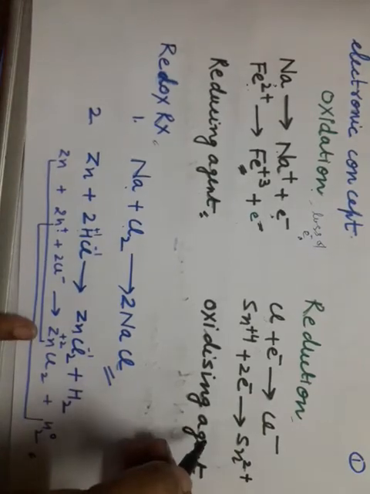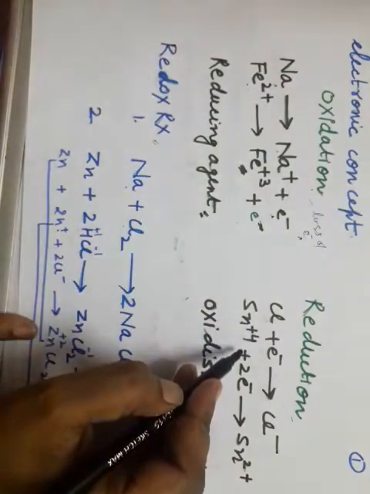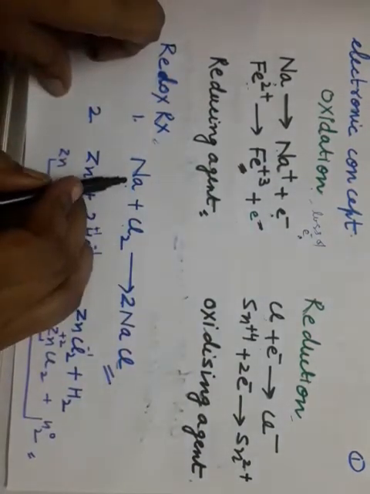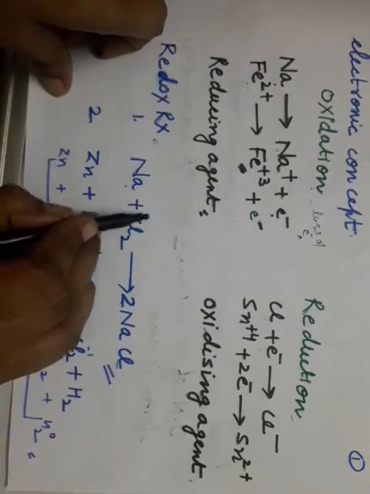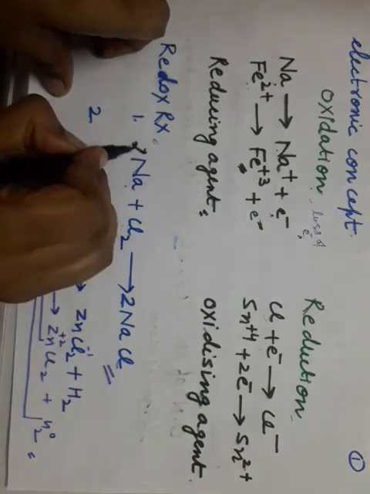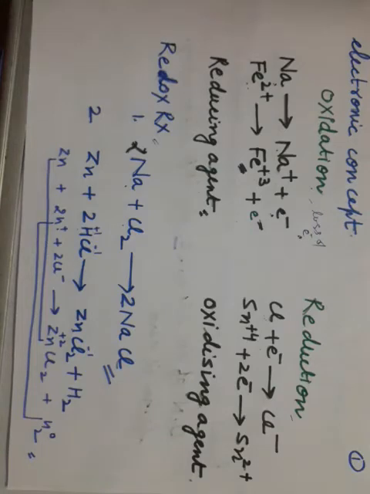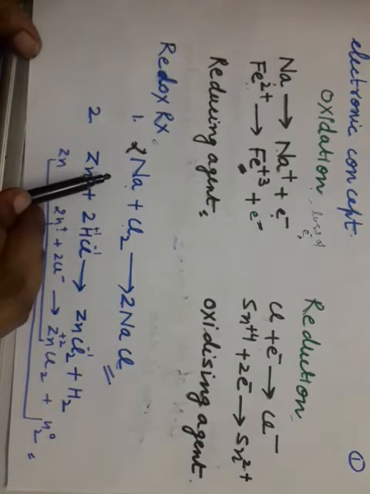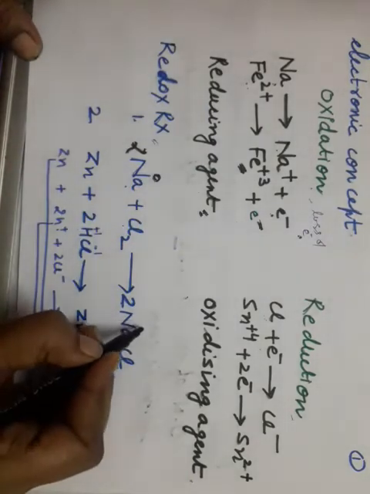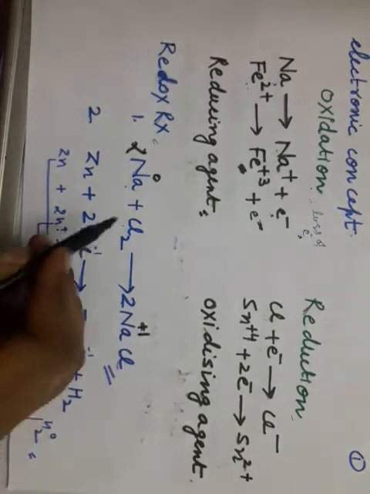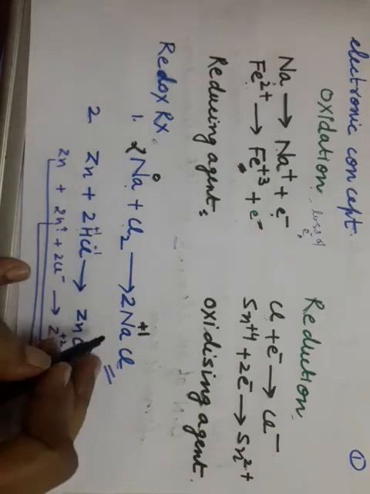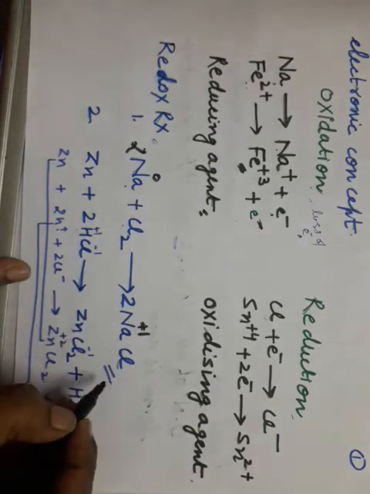See, if in any reaction oxidation and reduction both take place, they are placed in the category of redox reaction. Let's discuss. Here sodium reacts with chlorine, present in nature in the Cl2 form, so it is going to form 2NaCl. In this equation, see students, what happens? Sodium is in 0 state and it loses 1 electron, and here the chlorine gains 2 electrons. So oxidation and reduction take place simultaneously, so it is placed in the category of redox reaction.